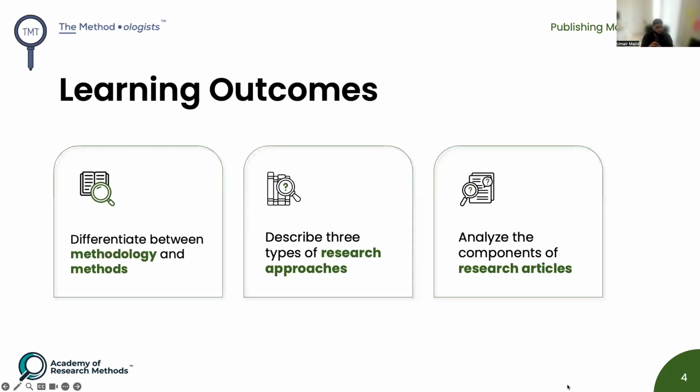For the purposes of this workshop, we have three learning outcomes. First is to really look at some definitions and language. We did this in the previous workshop as well, where we talked about having a common language for us to refer to different but very similar ideas and concepts. And once we have that language, then we build on the foundation of understanding how different methods, different methodologies can be used to do research and to publish. We're going to talk about three different, what is referred to as research approaches. And we'll, of course, get into that, but this is also part of the language. And then we'll use this